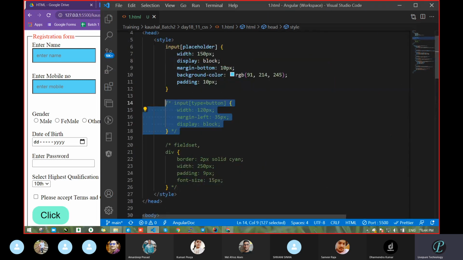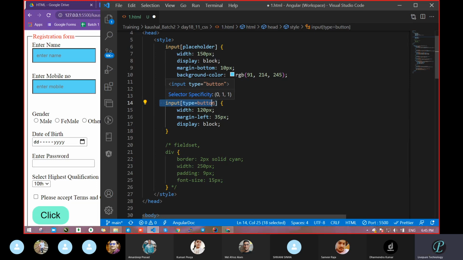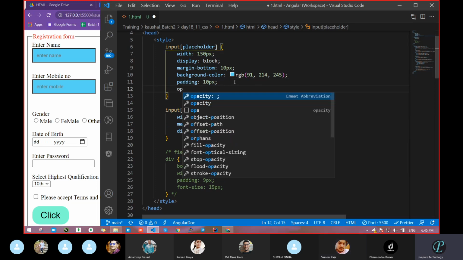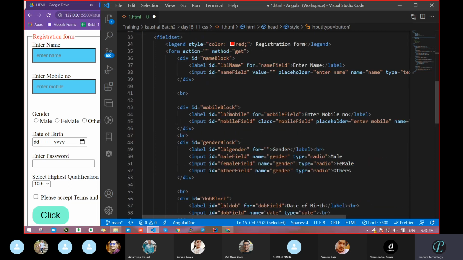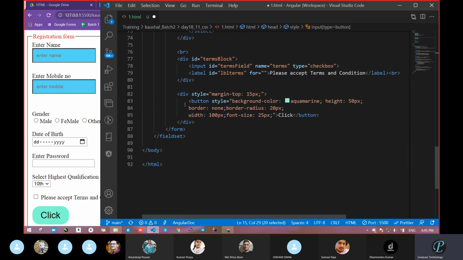One more attribute selector is here. I want it for the button. What we had done: input type equal to button. You can do it for a particular section, I am not saying only for one section. You can go particularly, each style you can pass whatever you are thinking. Let's check whether opacity will work. One second. In the case of button, see, this is not going to work because we had taken input type equal to button or not. Check what we had taken.